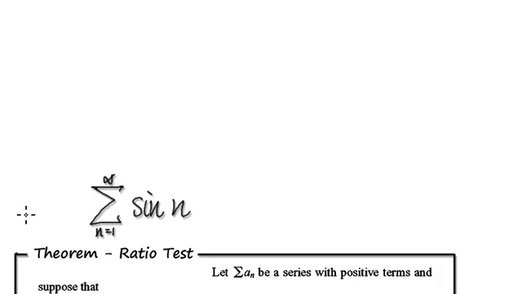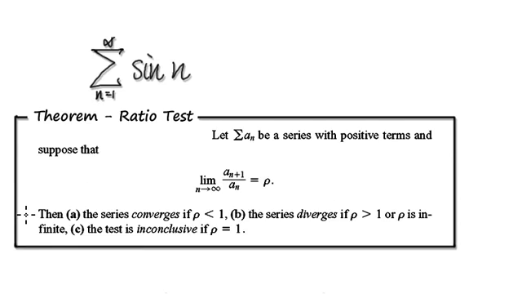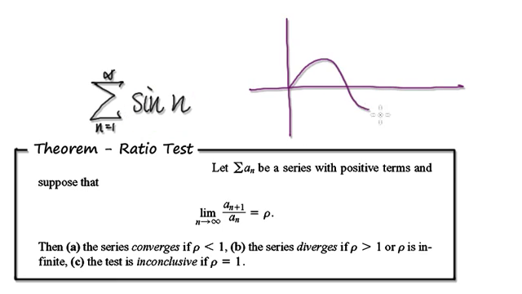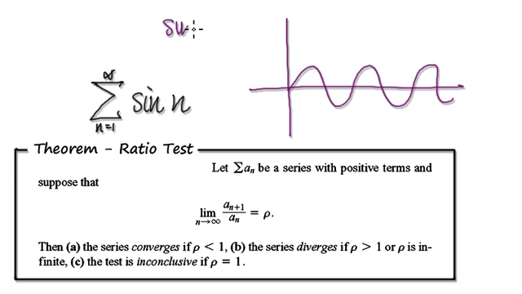Okay, so if you look at the theorem for the ratio test, well, if you look at sine of x, it will look something like this. It will look something like this. But here you require a_{n+1} divided by a_n. So sine of (n+1), so that's similar to this, sine of (x+1) and then divided by